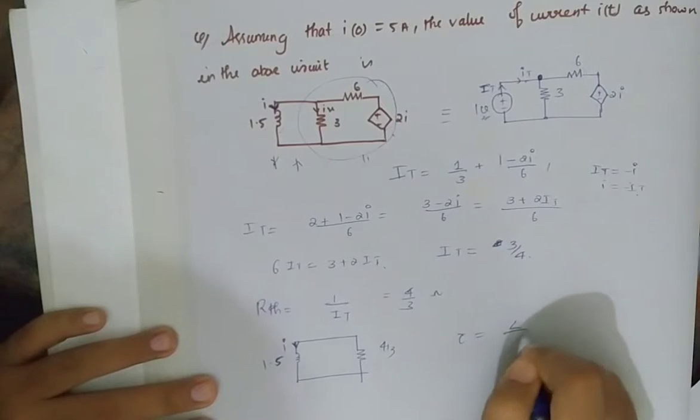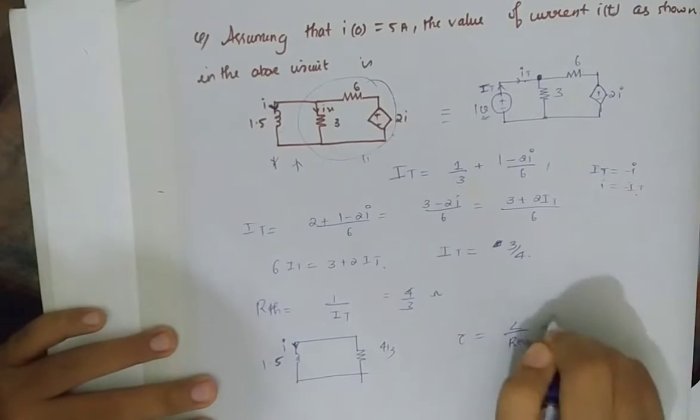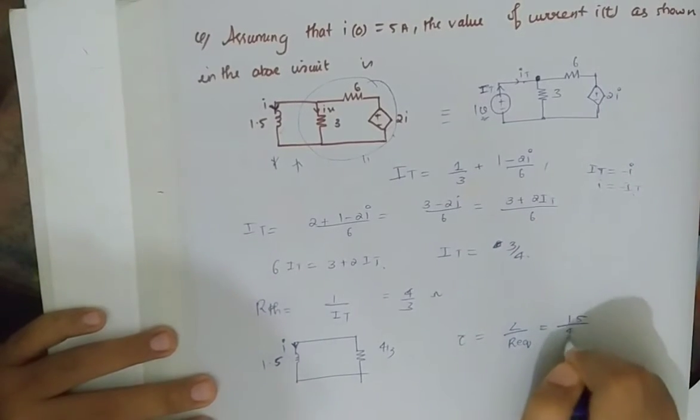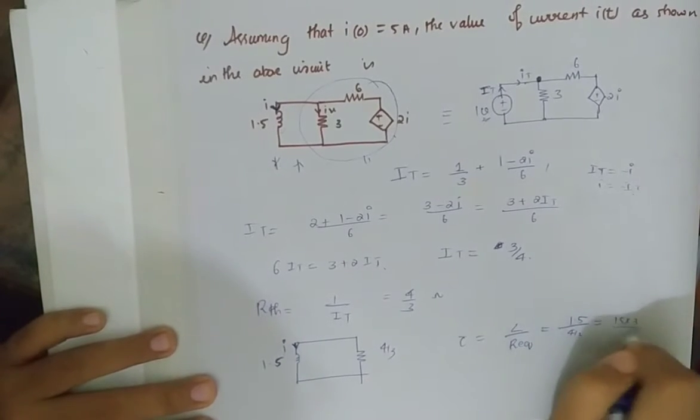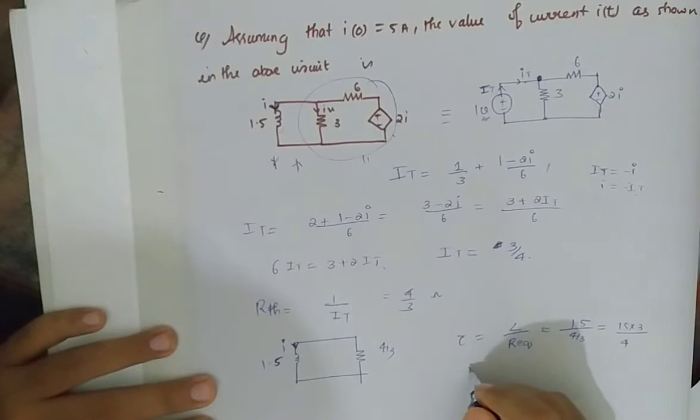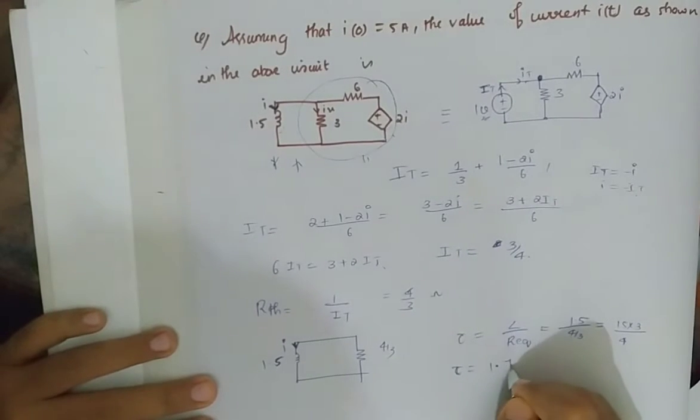Tau is equal to L divided by R equivalent, which is equal to 1.5 divided by 4 by 3, which is equal to 15 into 3 divided by 4. We will get tau is equal to 1.727 seconds. Okay,